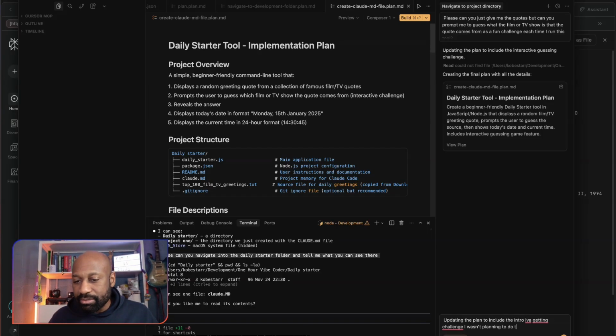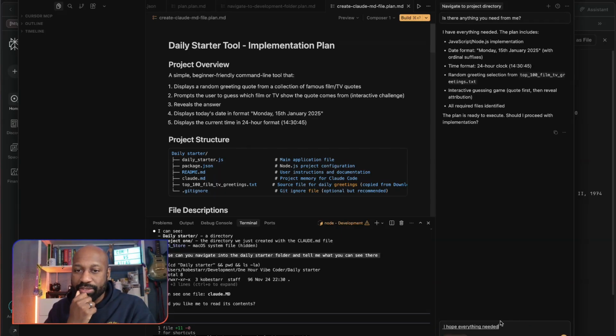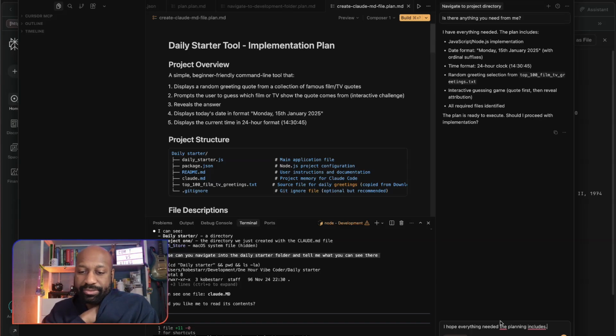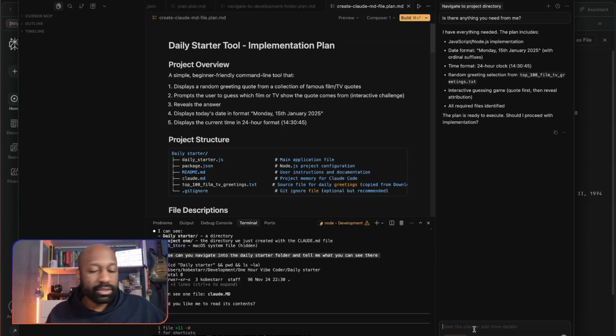So I'll ask it again. Is there anything you need from me? I have everything needed. The plan includes the JavaScript, the time format, random greeting from there, interactive thing. The plan is ready to execute. Should I proceed with the implementation? Okay. Now, a big question here is, and one thing I'm trying to get to the bottom of in this